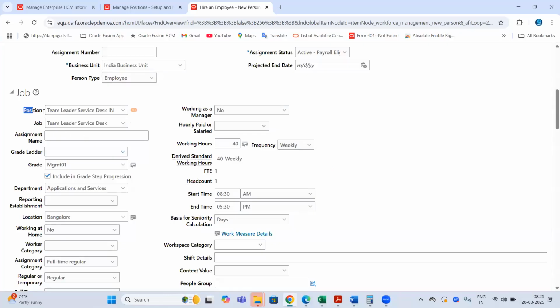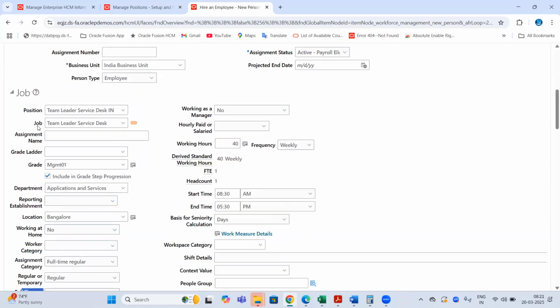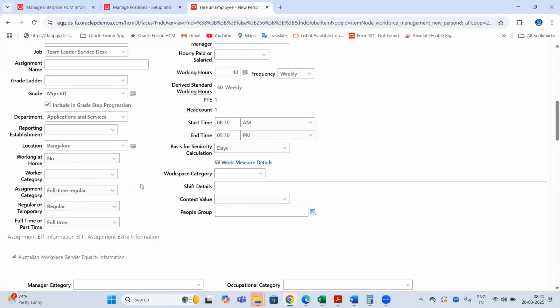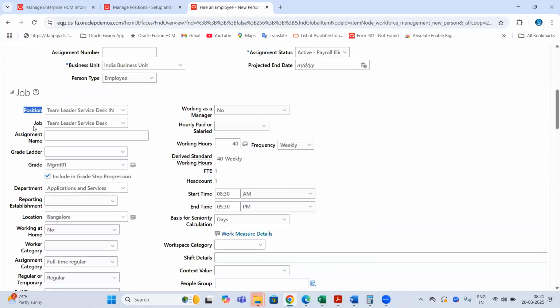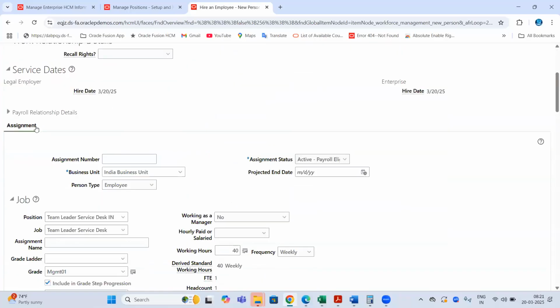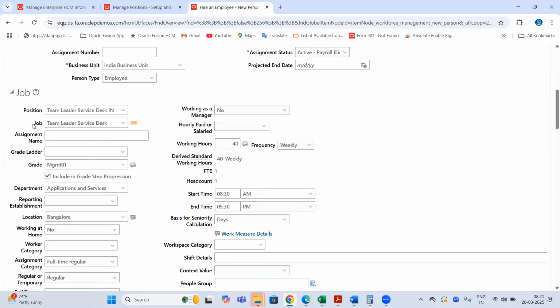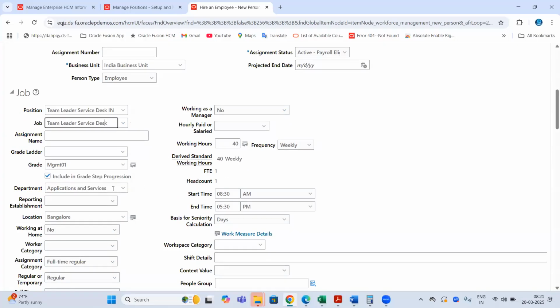See, the moment I gave the position, automatically the job copied, grade copied, location, assignment category, regular, full-time, all these details were automatically populated. Why? That is what position synchronization is. Because already in the system, whenever we configure the position, all these details at the position level we mapped. Again, while HR is hiring the employee at the assignment level, the system is asking us. So this will save a lot of time for the HR team rather than manually going and giving one by one